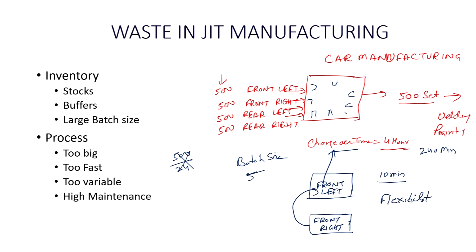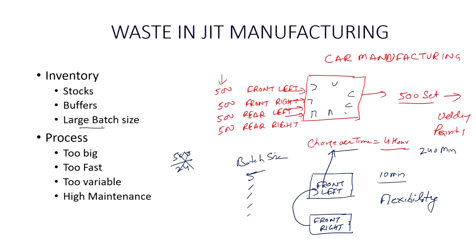If there is any change in the manufacturing process you want to bring, you can very easily bring it within half an hour or 1 hour. 5 of each type you may be able to produce in 1 hour. So, every hour you can have a new production schedule coming from your assembly area. So, that is the concept of inventory, batch size, flexibility, etc. Being flexible, you will become more competitive also. You can change your production plans very easily if you are having small batch size production.